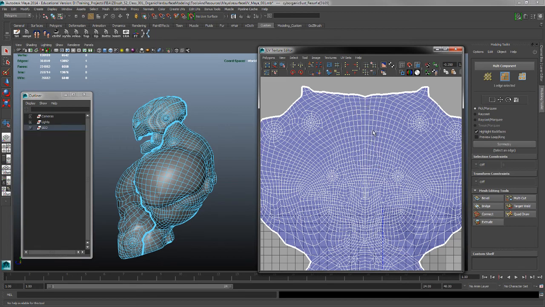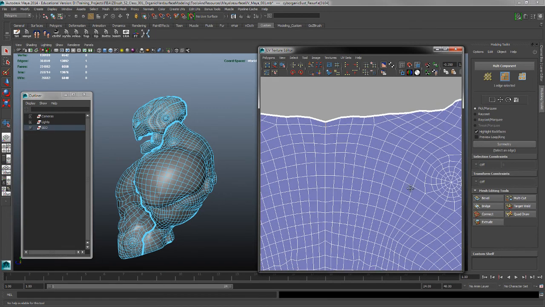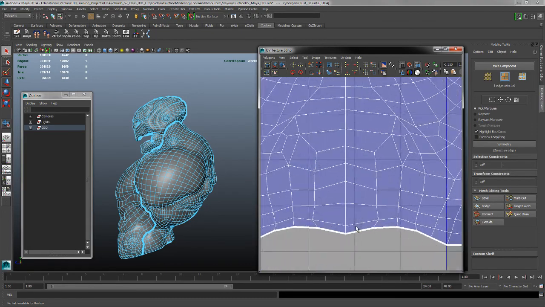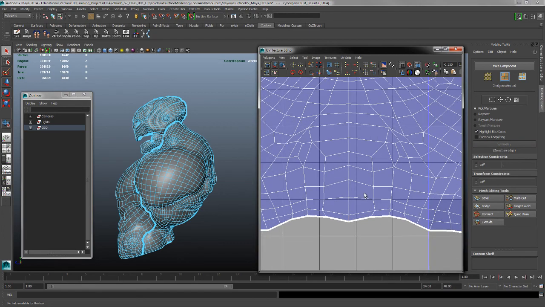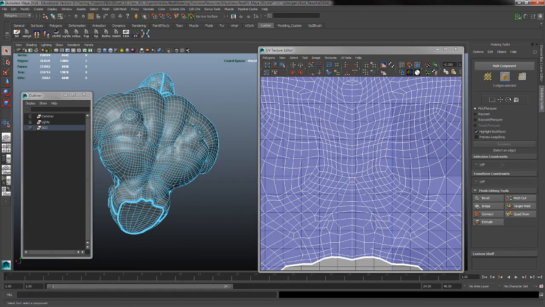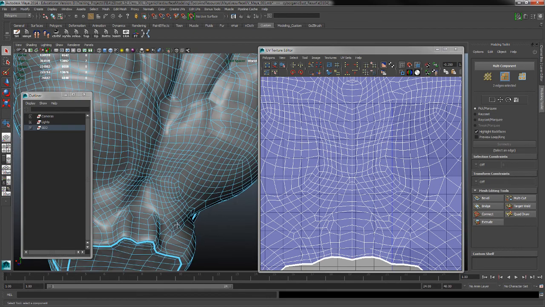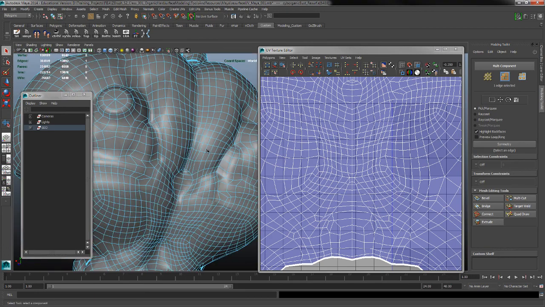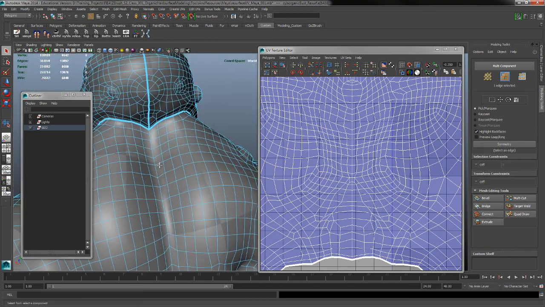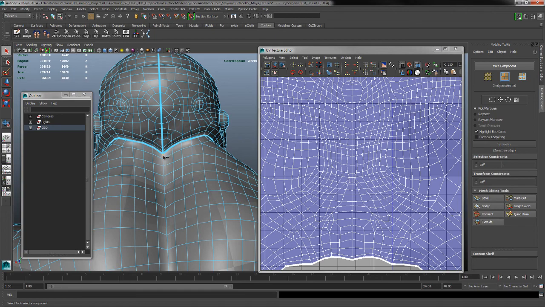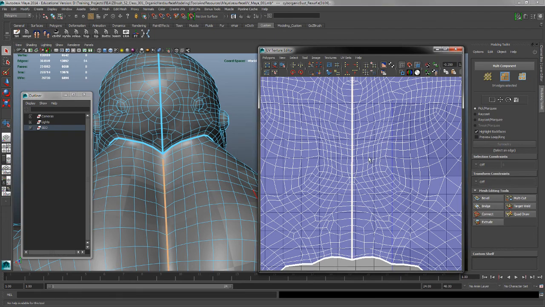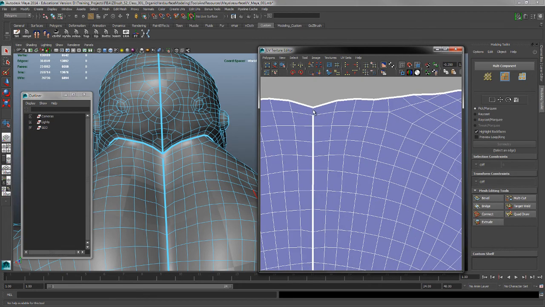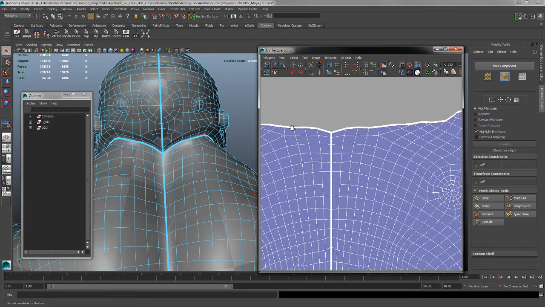So if you ever split anything off, like if I go right in here and go to edge, and I'll select this and double click right down the middle of the back, and it's not letting me do that there. So if I need to do it here, I guess I'll do it over here. So I'll select this piece like that and split it all the way up the back. And sometimes I do split things down the middle just to hold that center line. So you might want to do that, but let's say we get this thing split apart